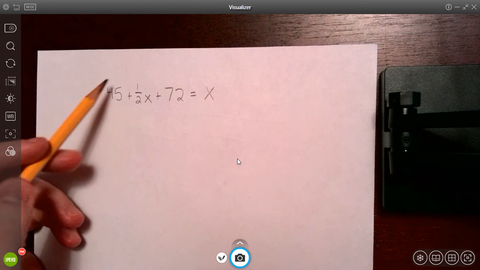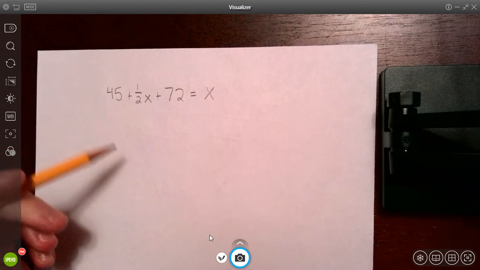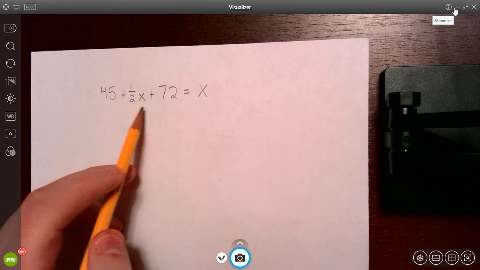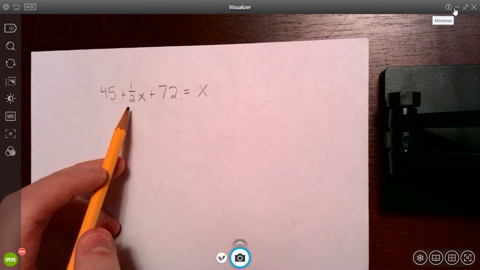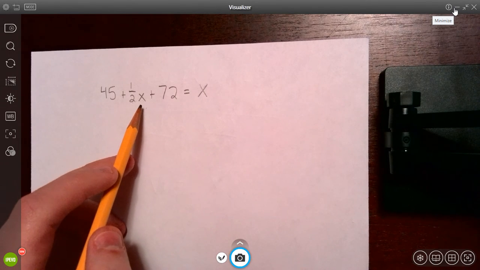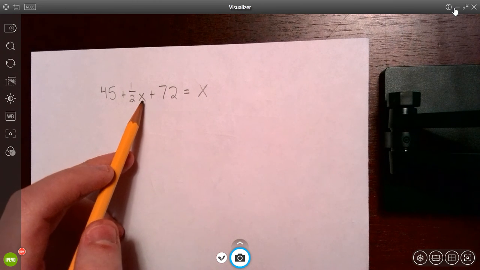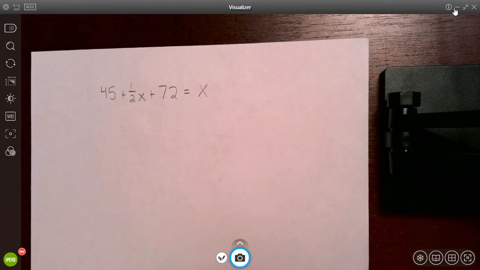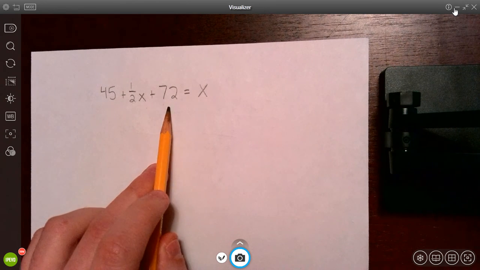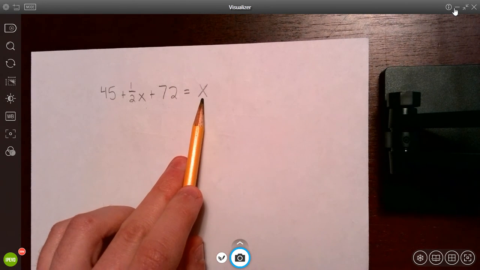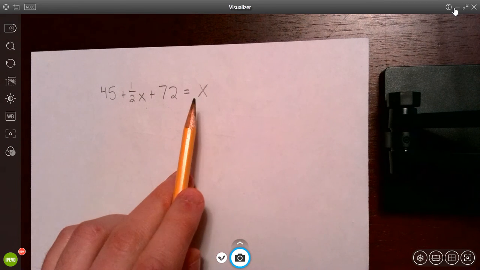So we're going to start with 45 being the number of pages from the first night. And then we're going to look at 1/2 X, half of the pages of the book. And we don't know the pages of the book, so we are going to use X to represent that. And 72, the remaining 72 pages in the last night. Those three together should total the number of pages in the book. And once again, we don't know the number of the pages in the book, so we're going to call it